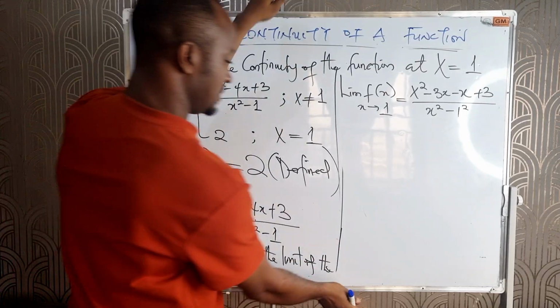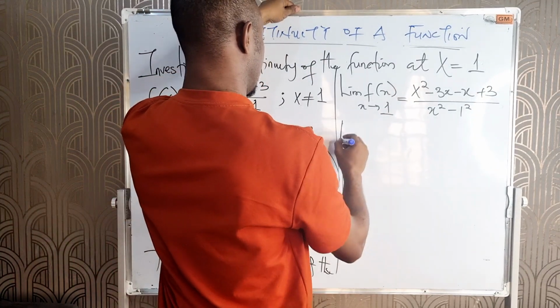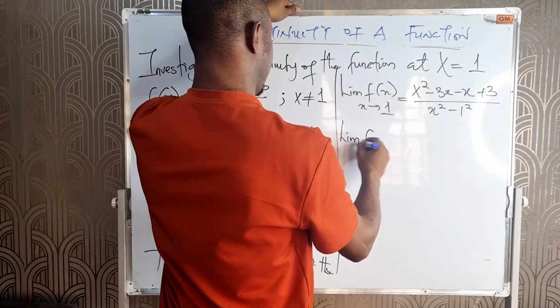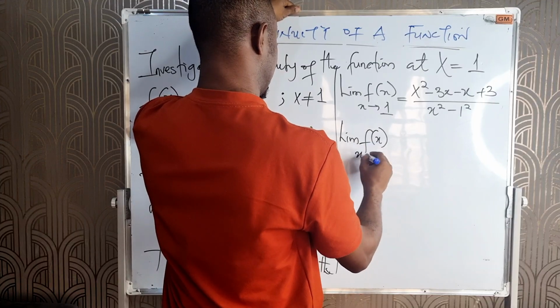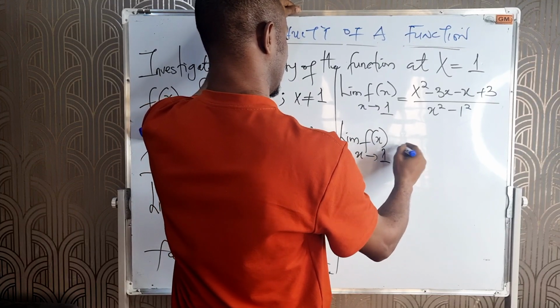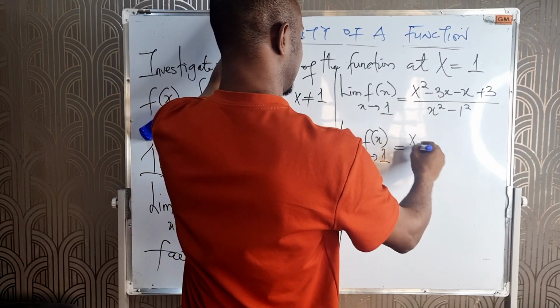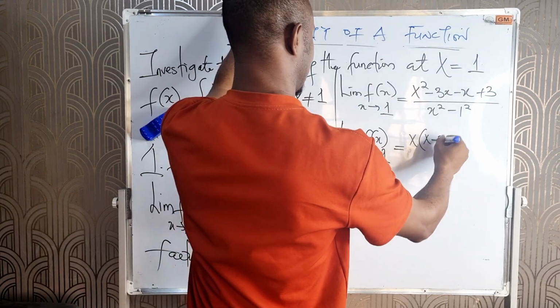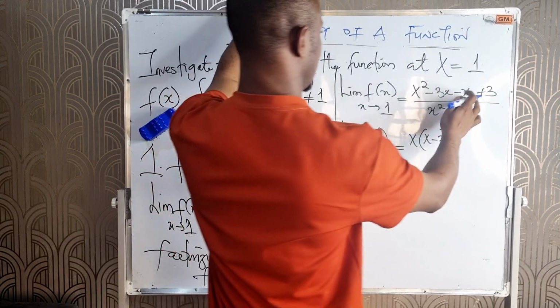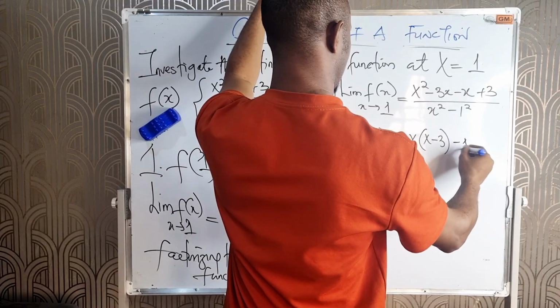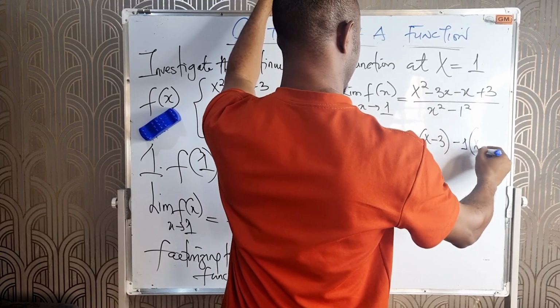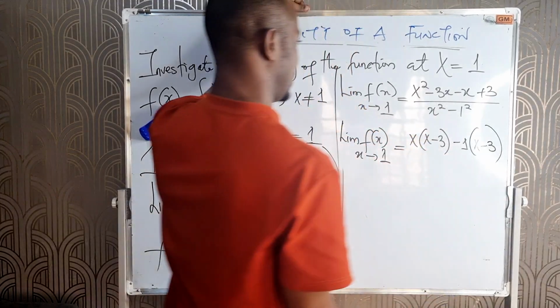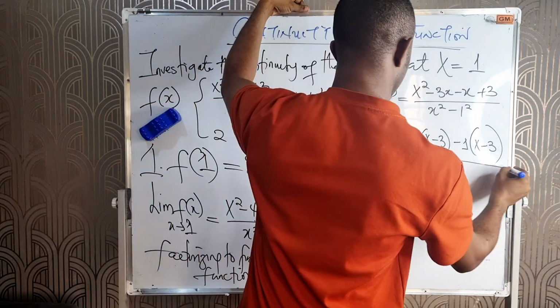All right, so the result becomes the limit of f of x as x approaches 1. Here, let's factorize: x is common, and here we have x minus 3. Between these, what is common is minus 1. In the bracket we have x minus 3, all divided by